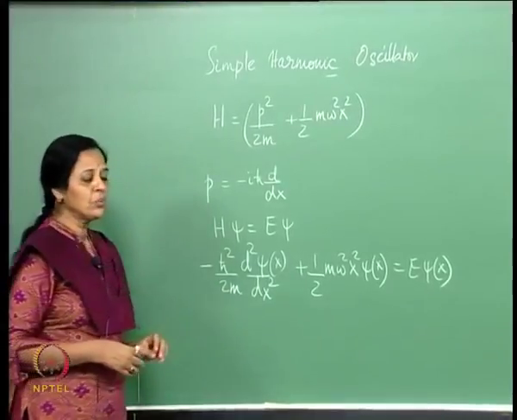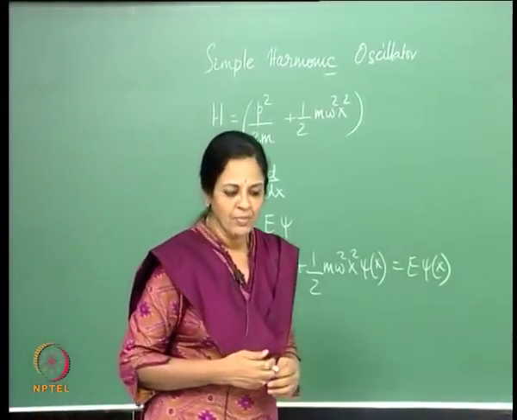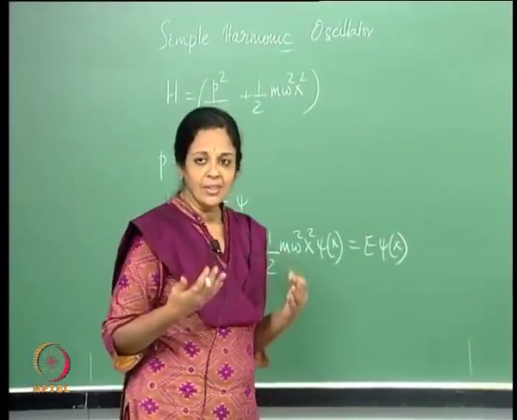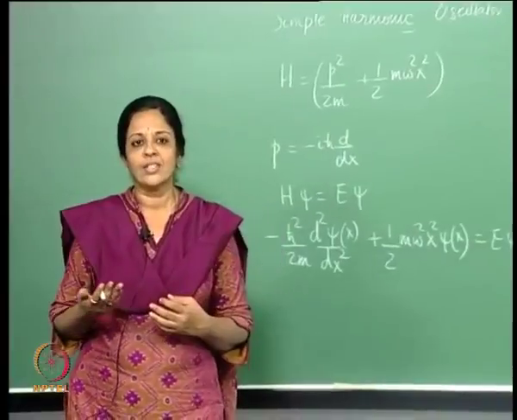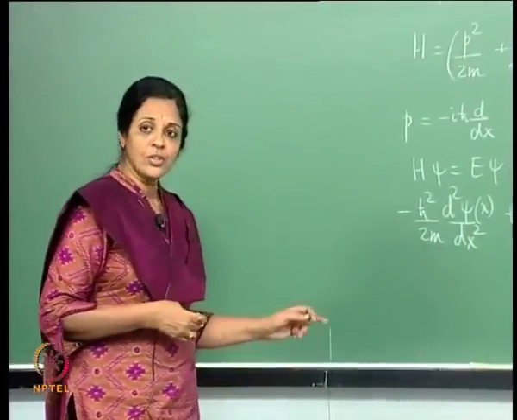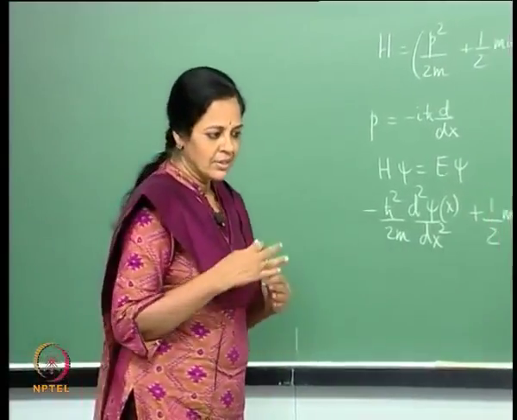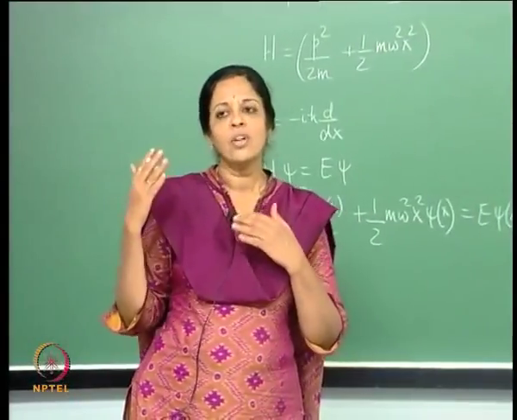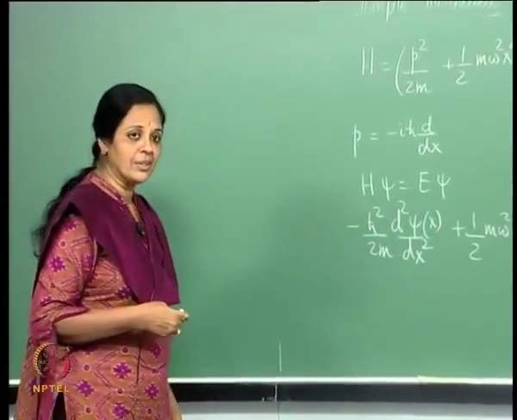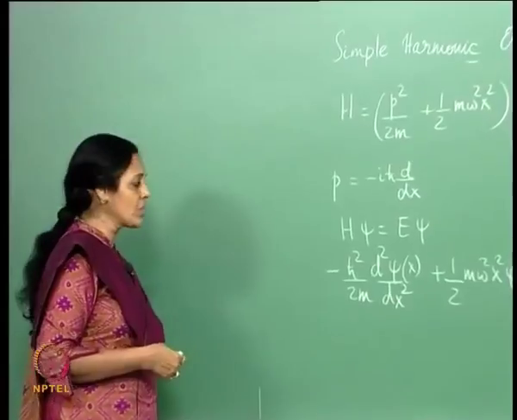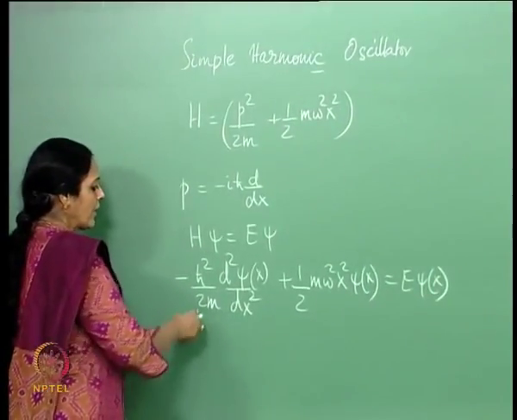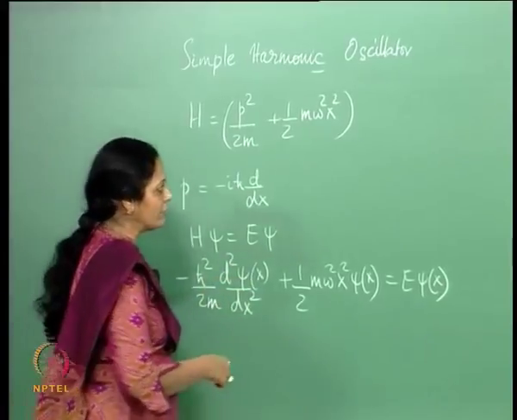And since we have already worked out the harmonic oscillator problem using the abstract operator method, A and A dagger and the commutation algebra, the commutator of A and A dagger being identity, we can now do it in the position representation, and draw parallels between what we got in the abstract operator method and what we will be getting here in terms of the eigenvalues and eigenfunctions. So we got to a point where I wanted to write this in a more convenient form,